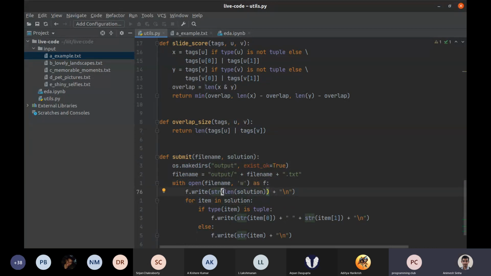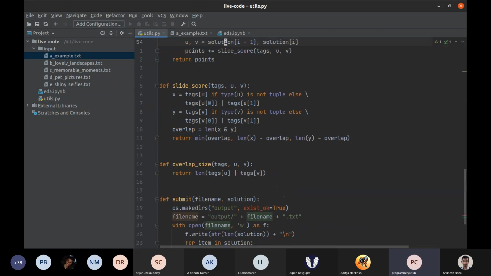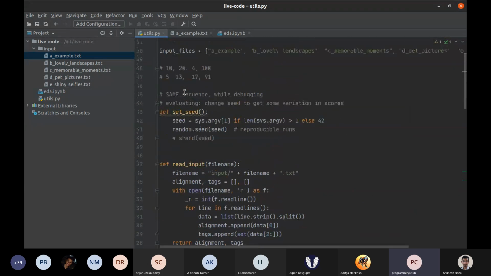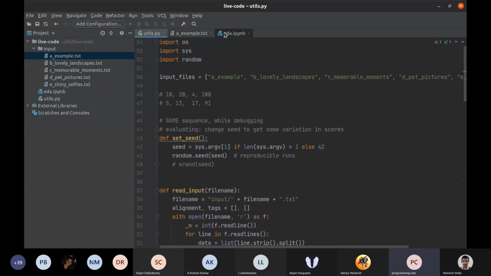So again, you can write this in C. I'm reiterating multiple times: don't worry about the Python part here. If you look at this Python code, I would not say it is very easy to understand, but it is like pseudocode. You can eyeball it and get the idea that there's a for loop, there is some plus equal to going on. You can eyeball it, and the code is all on GitHub. You don't need to take screenshots or anything. You can check it out after the meeting is over. Anyway, we've spent enough time on the basic utilities, and now we go to EDA.